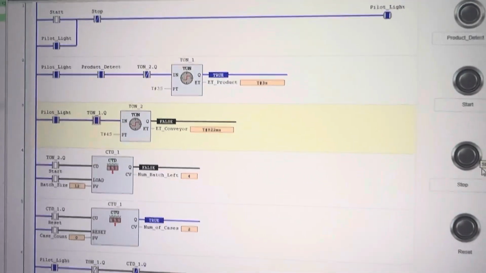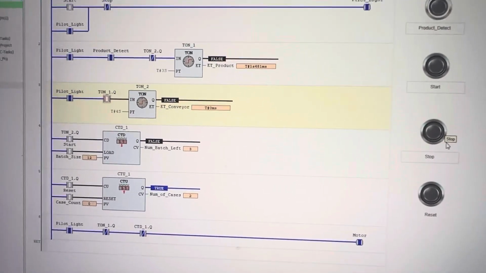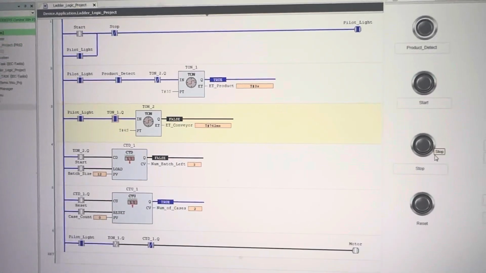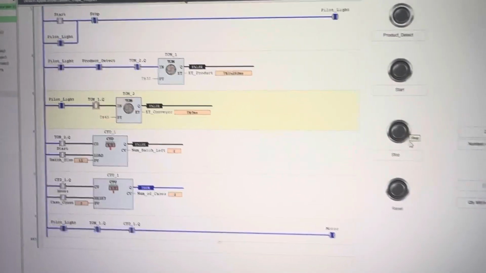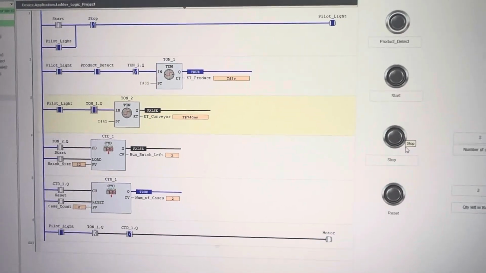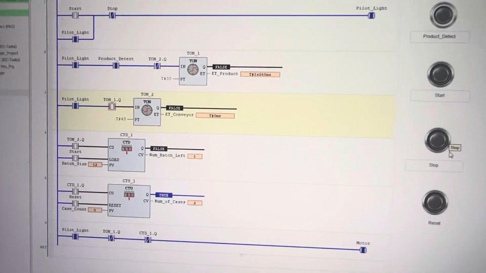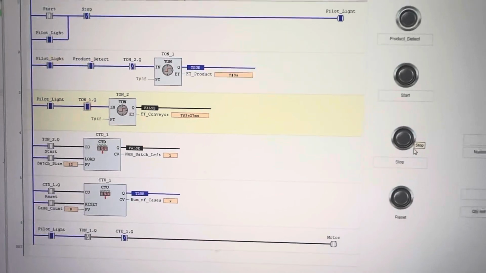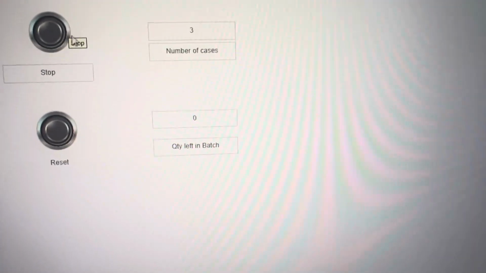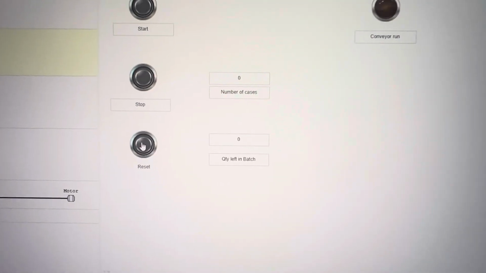As you can see, ladder logic is similar to wiring diagrams. And that's why most technicians like using ladder logic versus function blocks or structured text or sequential function charts or instruction lists. So we're down to 0, everything stopped, stop production, run my end of day by hitting reset,